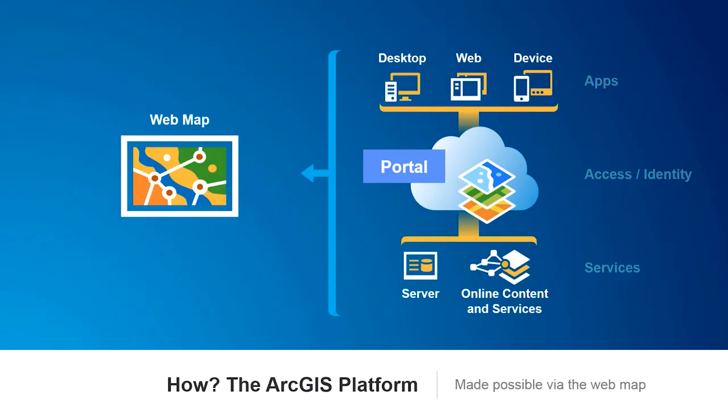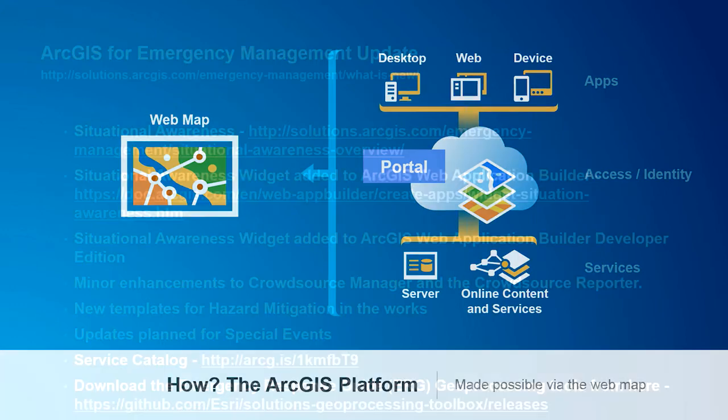And again, just to reiterate, the web map is really the transformational component that makes this happen. Organizing the information inside of the web map, whether that's coming from your organization or from map services or just general services from other agencies, and being able to tie that together, that becomes the new paradigm or the new medium to then configure this variety of applications that come with the platform, so you can be off and running to meet your mission needs much faster than you've been able to do before.